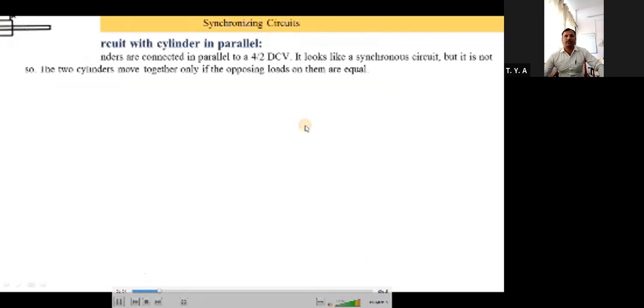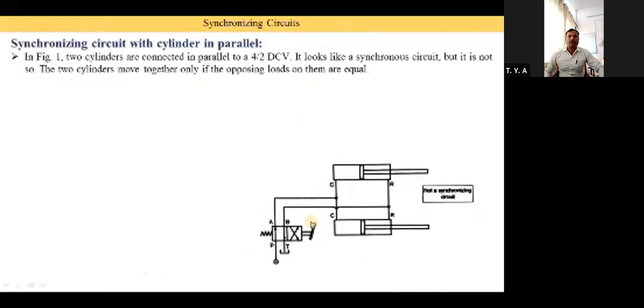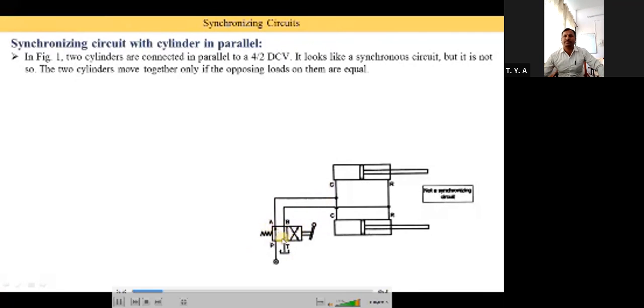So here you see this is the image. Okay, this is the directional controller, that is a 4x2 directional controller, that is a 2 positions 4 parts. Here you see that it is a cylinders too. Okay, in a fuel mechanics you already studied that pump connection in series and pump connection in a parallel. Okay, so in a pump what you study, so in a parallel connections the input coming from the one pipe is divided in a two pump. Okay, and in series what happen to the input of the another pump.